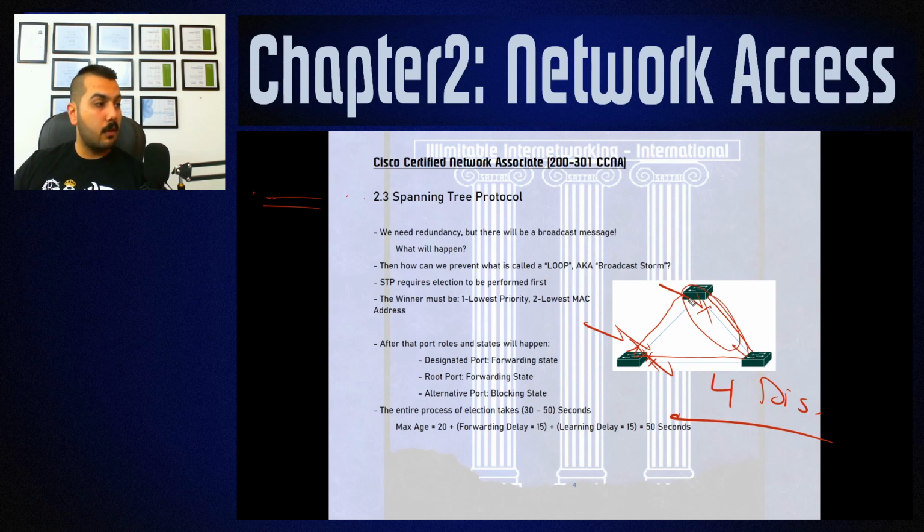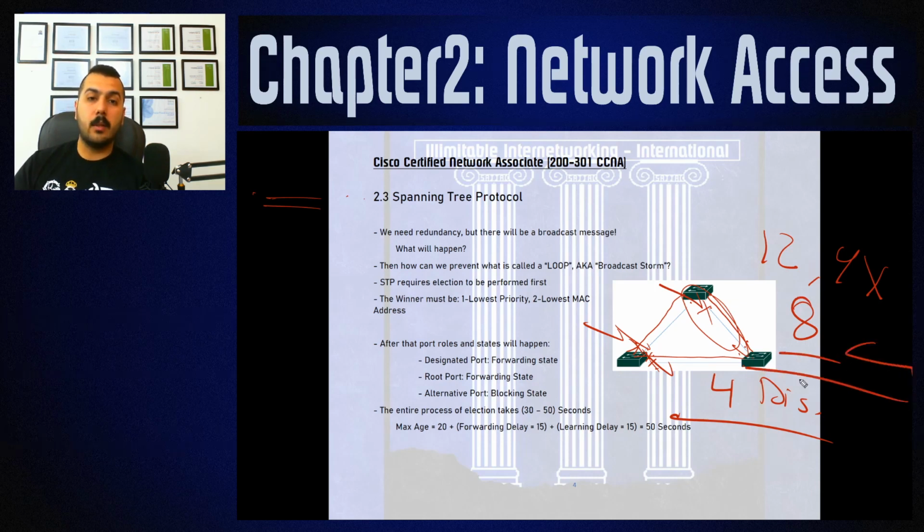Okay, so I have 1 2 3 4 5 6 7 8 9 10 11 12. I have 12 ports. 4 of them are disabled, only 8 left, because of spanning tree, because the concept is to entirely and completely eliminate the probability of a broadcast storm or layer 2 loop. Okay, so your concern will be to know which ports will stay up and running. So to know that, an election must be performed first. Okay, to perform the election,